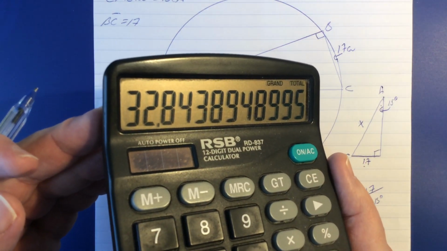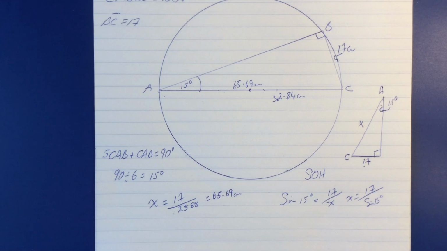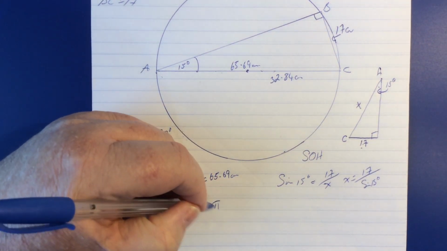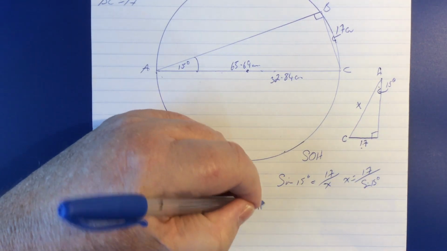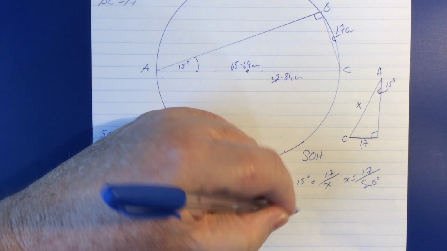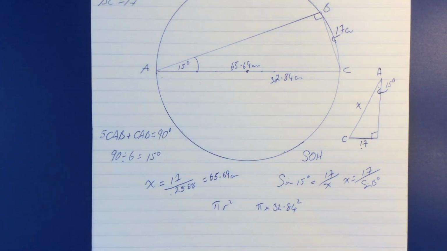There's the long decimal. Okay, what are we looking for? We're looking for the area of the circle. It's going to be pi r squared. So pi r squared, pi times 32.84 squared. Let's go to work. 32.84 times 32.84 equals